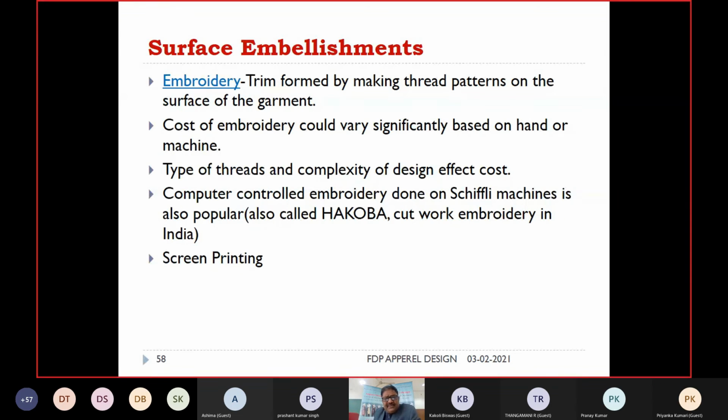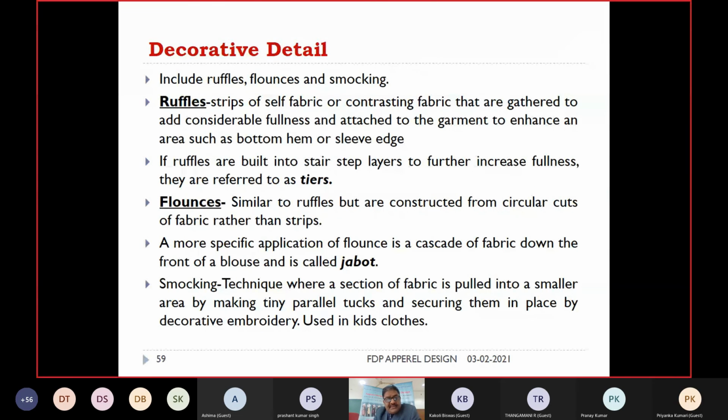Just put the pen drive in the machine, and the head of the embroidery machine automatically follows all the instructions and does all the embroidery work on the garments. Computer-controlled embroidery is done, and Schiffli machines are also popular, also called Hakoba or cut work embroidery in India. Then screen printing, decorative details.